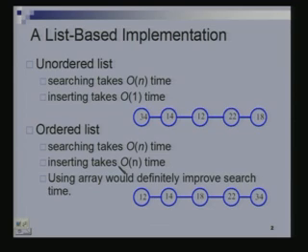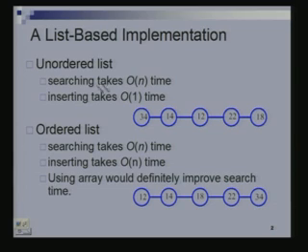What is one way you can implement such an ordered dictionary? There are two trivial ways of doing it. In both cases, let us say we are using a list kind of data structure. An unordered list would just keep all the elements in here. All I have shown here are the keys. Since it is unordered, inserting takes only a constant amount of time. Searching will take order n time in the worst case, because there is no order. I might have to go through the entire list before I find where the element is.